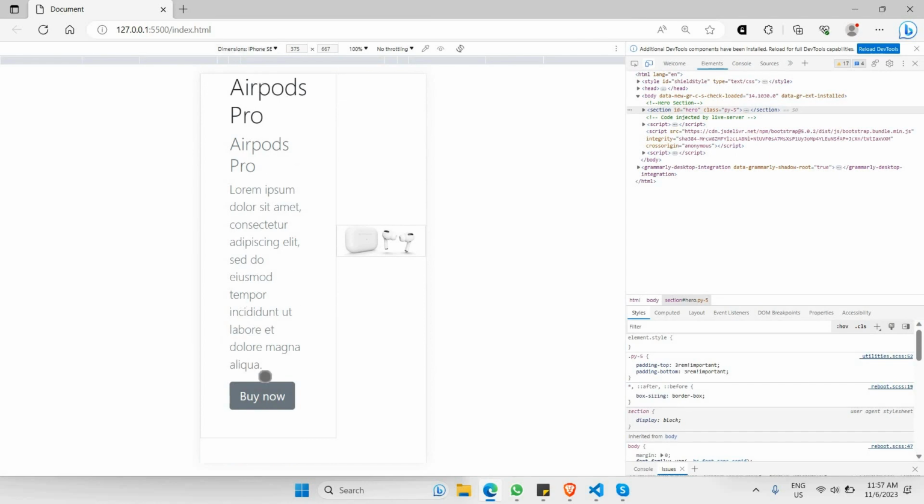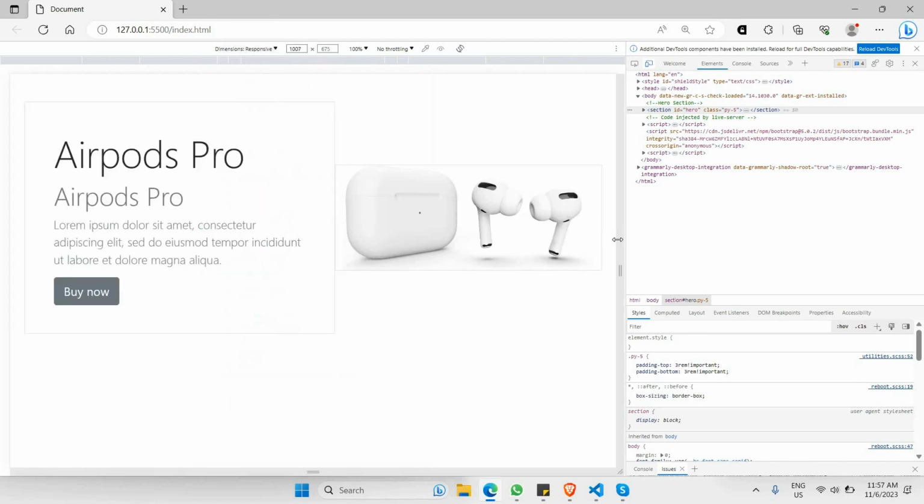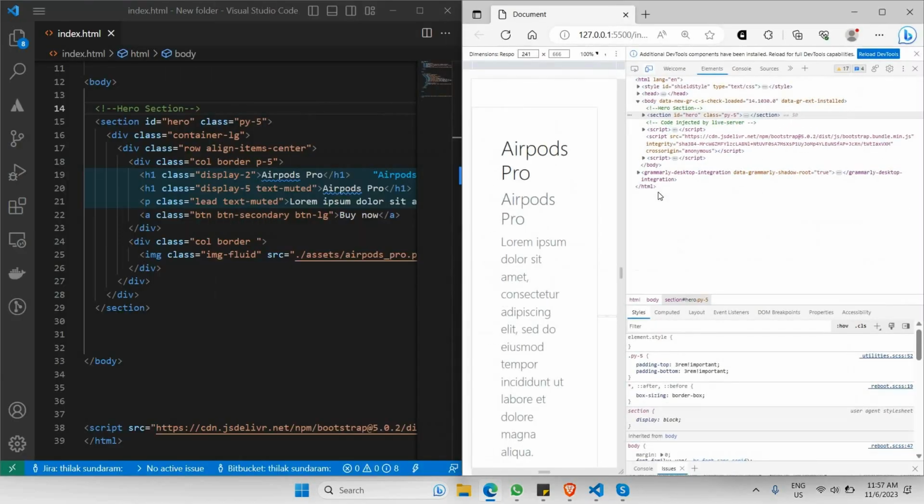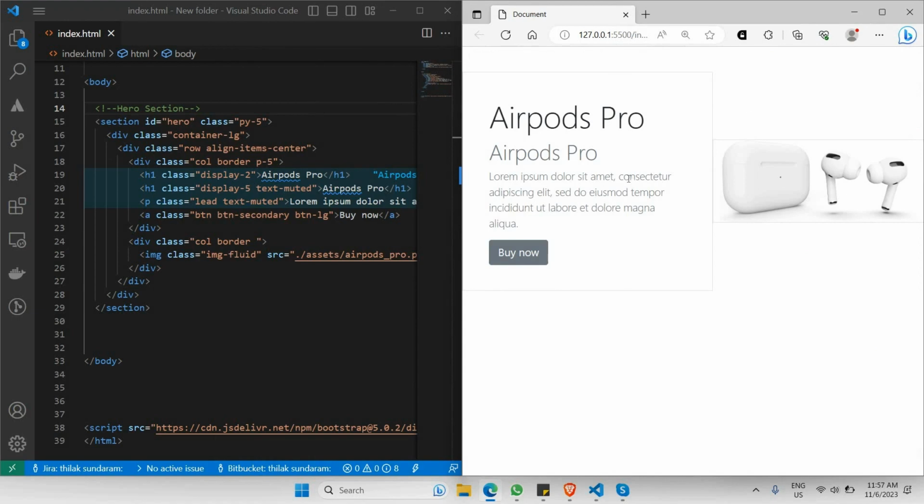There should be only 1 column filling up the entire space, and only when we increase the width, something like this, should there be 2 columns. So in this case, I'd like to modify that, and in order to show only 1 column when it is on a mobile screen,